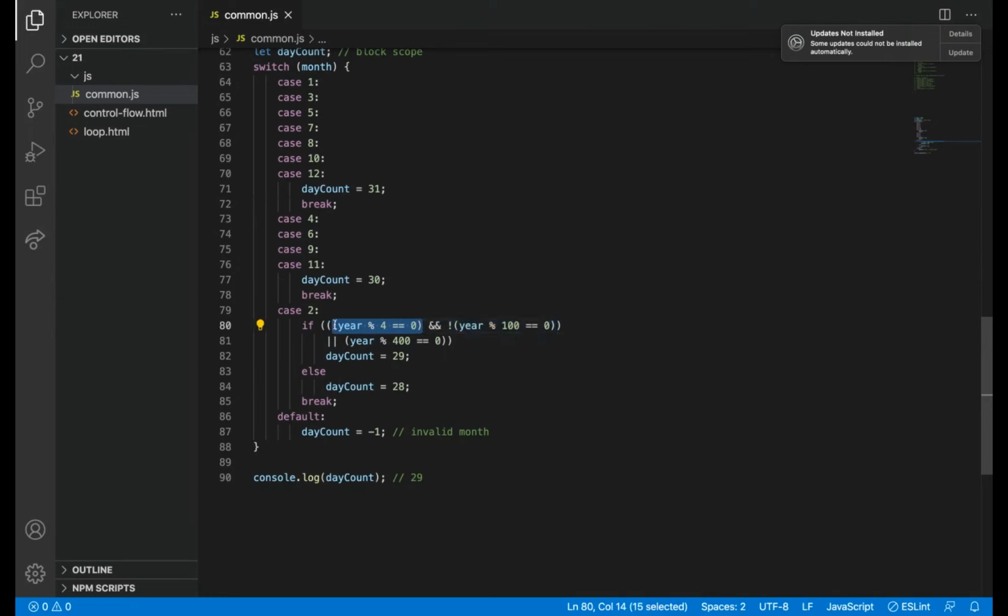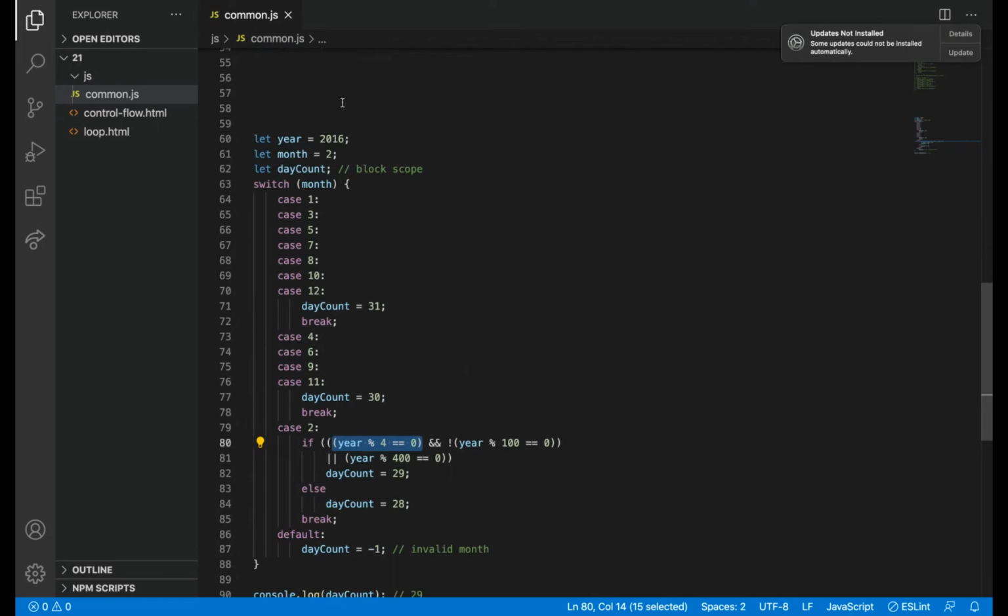Year modulo 4 equal to 0 means the modulo operation gives the remainder. So 2016 divided by 4, remainder will be 0, right? For 2017 by 4, remainder will be 1, right? We are just passing 2016, so remainder will be 0.